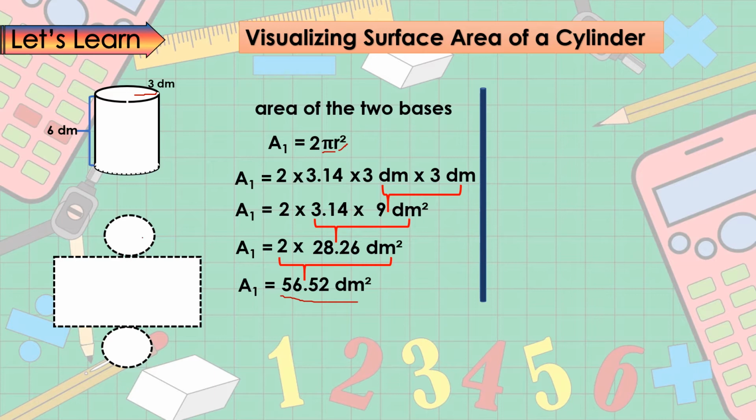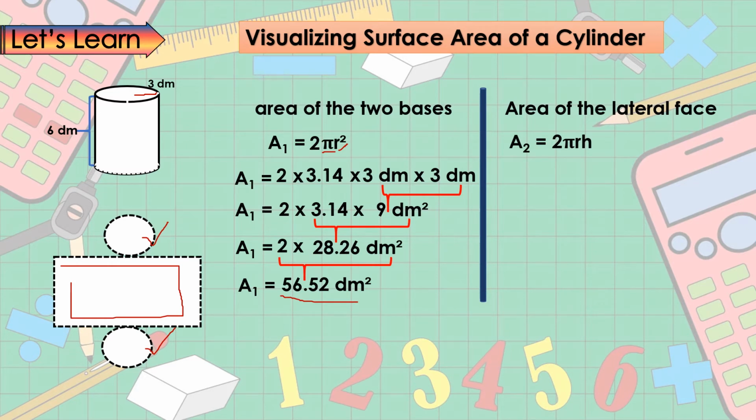So since we are done with our two bases, we are going to proceed in getting the area of the lateral face. So we are going to get the area of this one. We are going to use the formula 2 pi r h, wherein 2 is 2, pi is pi, r is your radius, and h is your height. Since this is a solid figure and an example of a three-dimensional figure, we have the presence of the height. Substitute the values. We are going to bring down 2, then the constant value for pi, which is 3.14